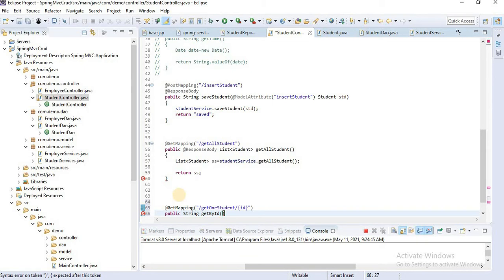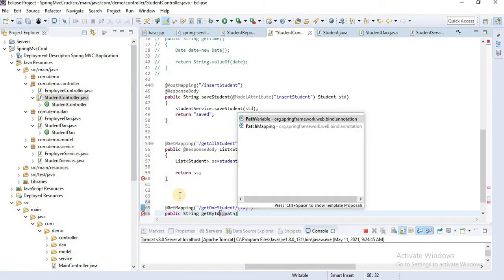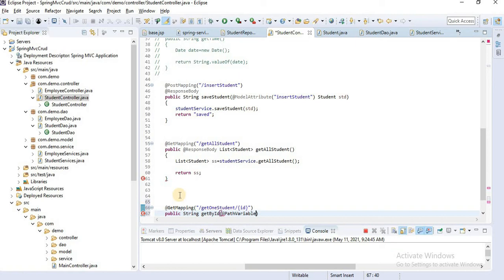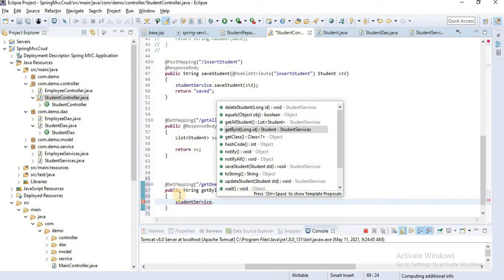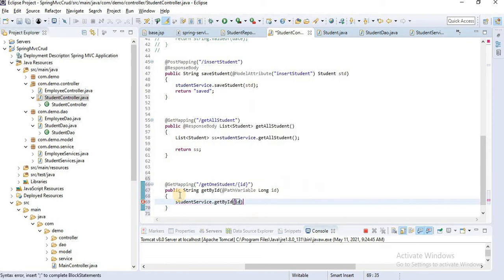Here we use the path variable, long ID. Here we call student service dot get by ID and pass that particular ID. Here we are returning that particular value.